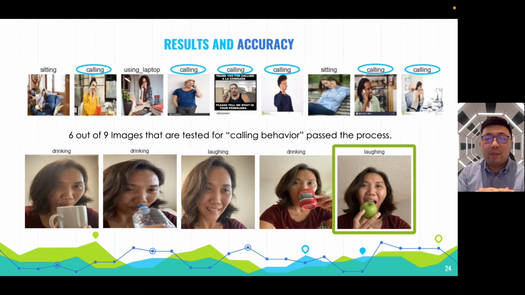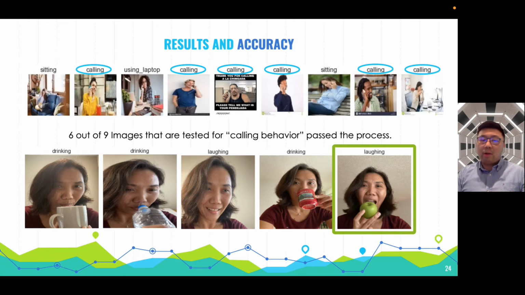And here are some random samples. Here is a random sample of testing. You can see that we have 9 images here from the calling label, and our model at that time had 6 hits, which is not a bad result. And then moving on, thanks to Yvonne for dedicating herself to our training process. We have a bunch of images of Yvonne doing different things, and our model can recognize what she was doing at the time. So basically, we can say our model was working and practical.